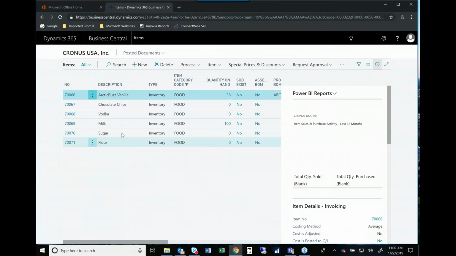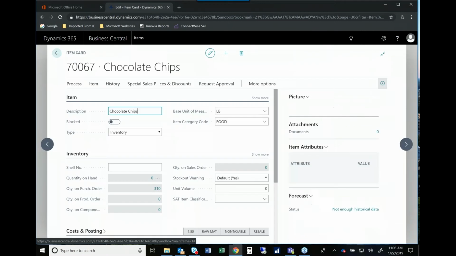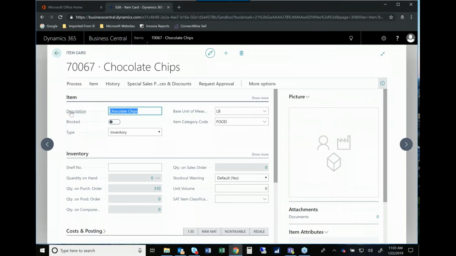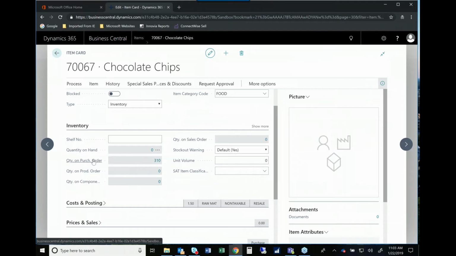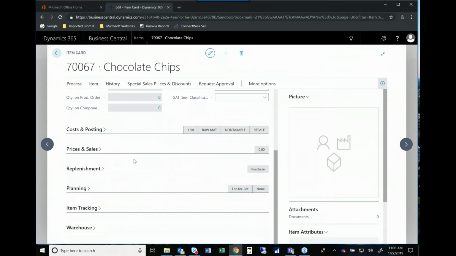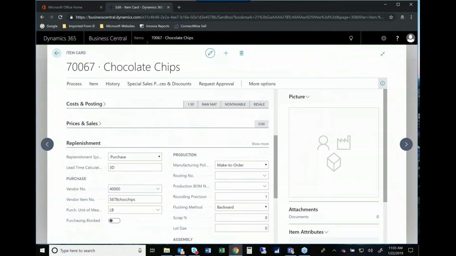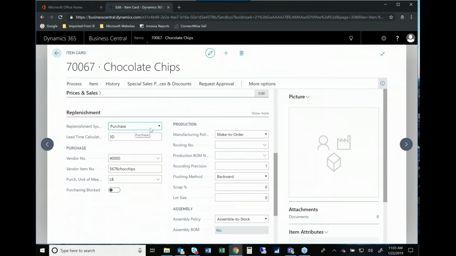So I make the vanilla, but I purchase all of these ingredients. So if I go in and pick on my chocolate chips as an example, it's going to show us first, when we take a snapshot, it's going to show us that I do have some on a PO. But when I look at my replenishment, the first thing I need to set up is that it is in fact a purchased item. So I tell the system that this is an item I buy, and if I have